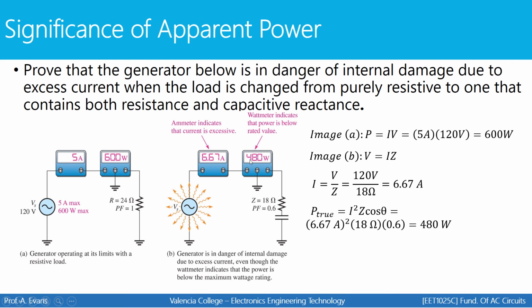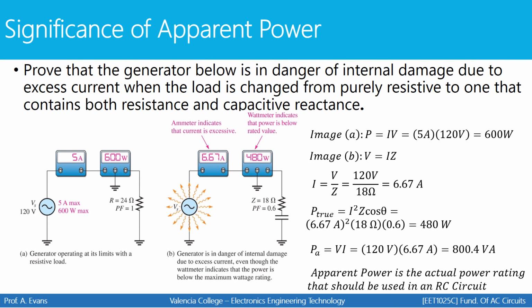But this is only measuring true power in a circuit that has true power, reactive power, and apparent power. We're only looking at one piece of the puzzle here. So let's look at some other pieces. The apparent power in this circuit is going to be your voltage times your current, which is 800.4 volt amperes. Apparent power is what we should be looking at